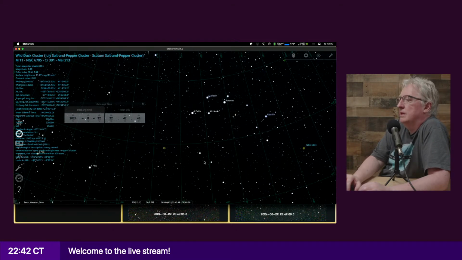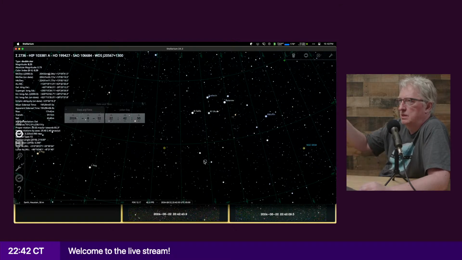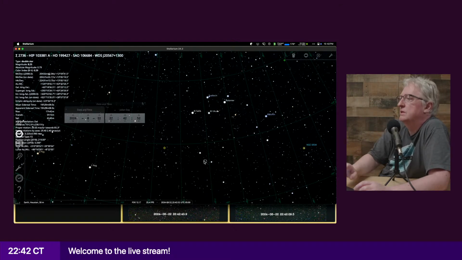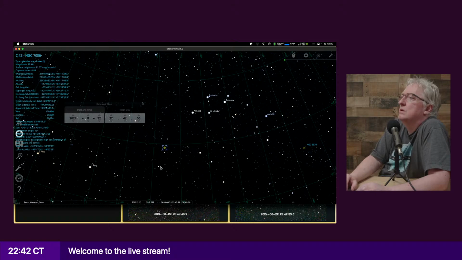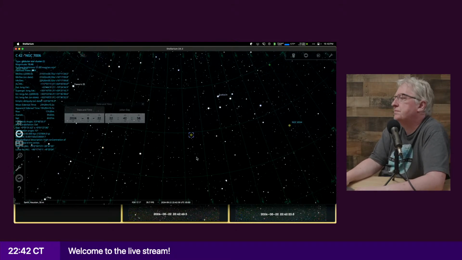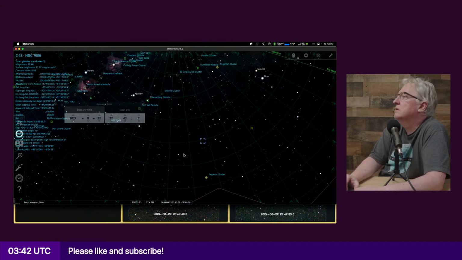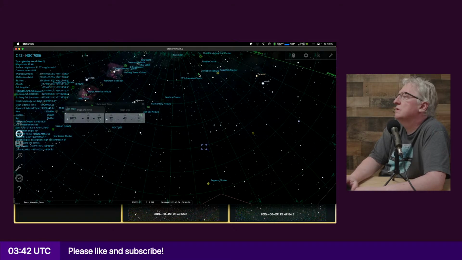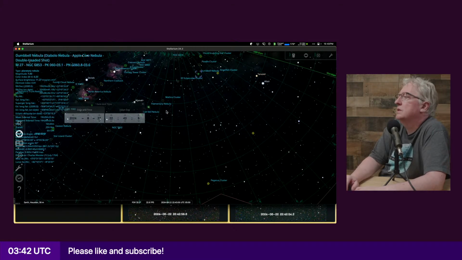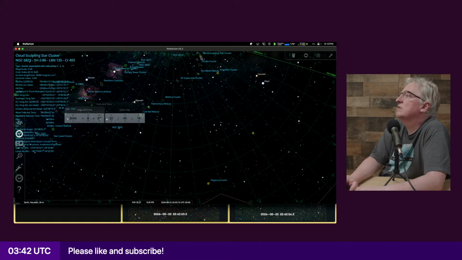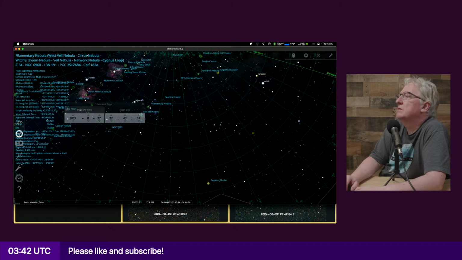Because ideally I'd like to have it go between targets and then the live view pauses and resumes when the next target shows up. And then let's see. Yeah, that's what I'm imaging now. M27. What is that one? Okay. Maybe I'll do the veil.